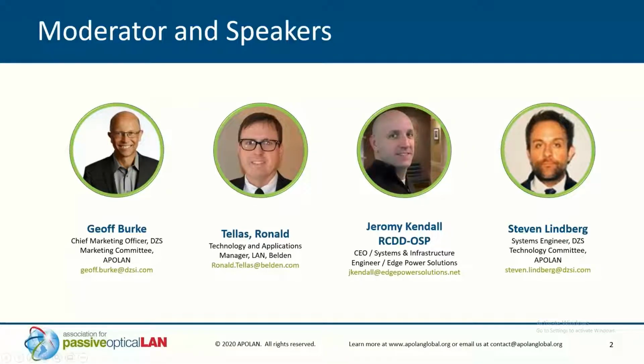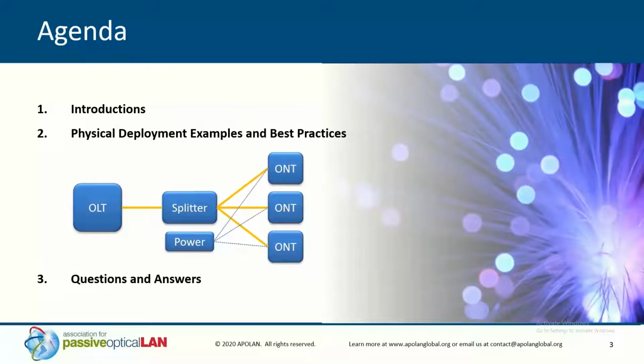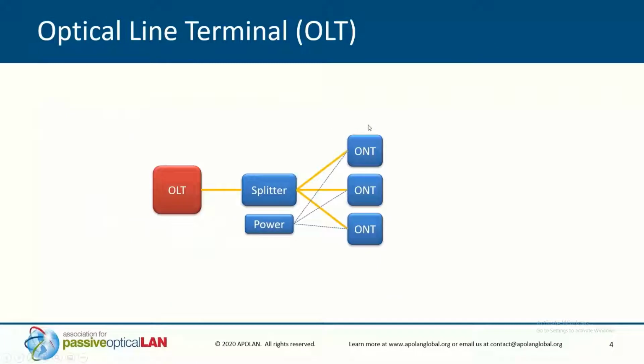Perfect. Well, I think we have a great lineup today with regard to the overall agenda. We've gone through the introductions now. What we've done is split this up into 3 discrete sections where we're going to be not only talking about the critical pieces of any successful passive optical LAN deployment, but also some of the things that we've learned from real live deployments and the best practices over the course of this time. So with that said, I'm going to hand it off to you first, Steve, to kick us off with just some of the basics of the network before we get into some of the details. Yes, sir.